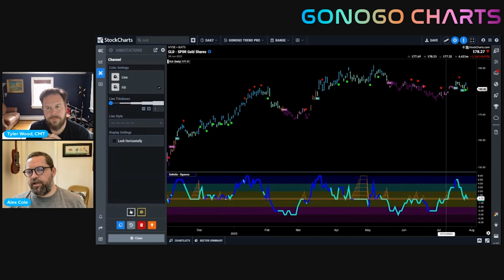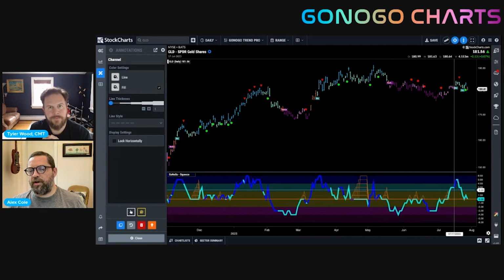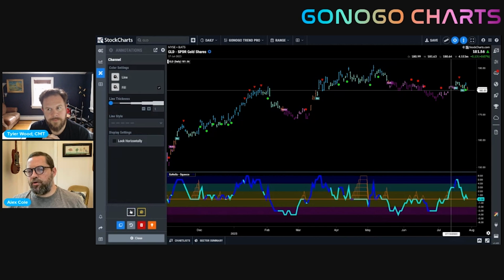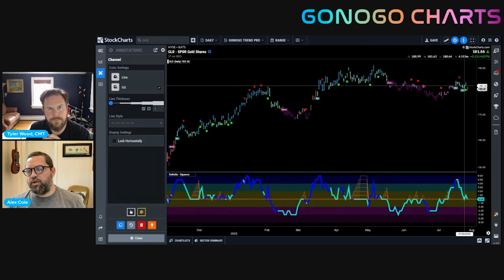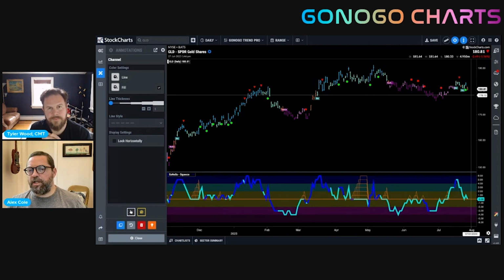And you can see how that really corresponded with a break into positive territory on the oscillator. You mentioned that a break into positive territory while in a no-go trend is a threat to that no-go. And that's exactly what happened when we broke significantly into positive territory. Then that allowed the GoNoGo trend indicator to paint some go-colored bars, but already struggling, Tyler. So we broke into a new go trend, but we're already struggling, seeing some weaker colors